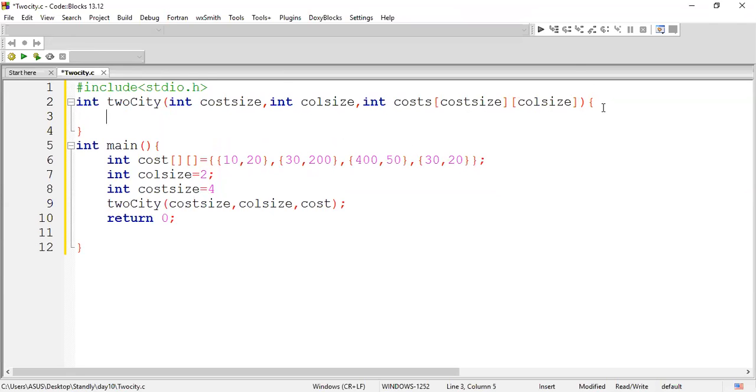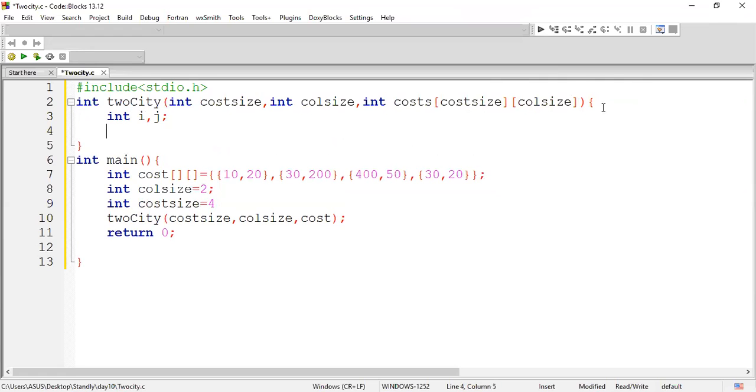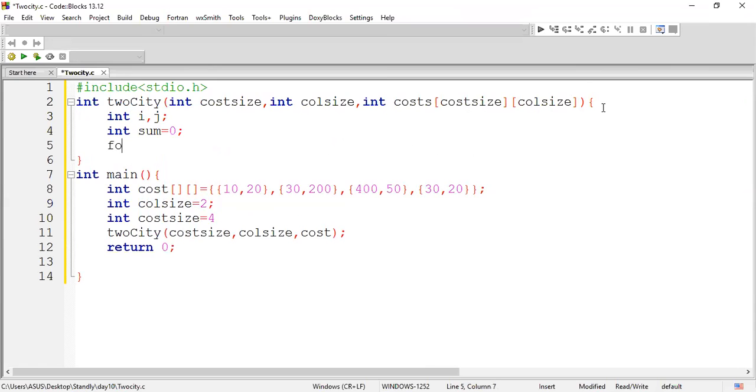So here we are going to iterate it. Since it's a two-dimensional array, we'll have two iterators, I and J. Since we are going to do the summation of the cost, let me declare one variable called sum and let it be 0 initially. So this is done. And we are supposed to iterate for I starting with 0, I less than the number of persons, right? So 0th person, first person, second person, third person, you're going to have an iteration here. This is all about the cost size, so we'll be iterating till the cost size.